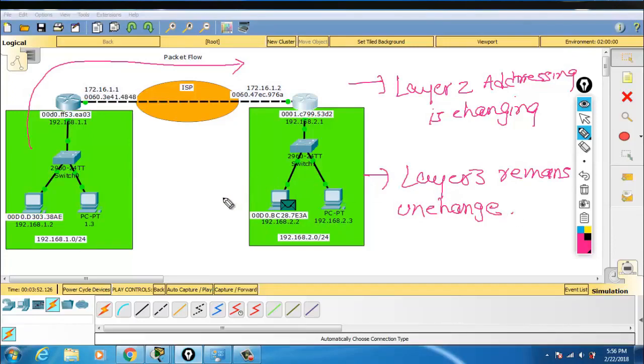So what we conclude from this packet flow video is that whenever you are trying to get out of your network and reach some destination, the destination IP address is going to be the exact destination, but the destination MAC address is going to be the next hop or default gateway, in your case the default gateway MAC address.